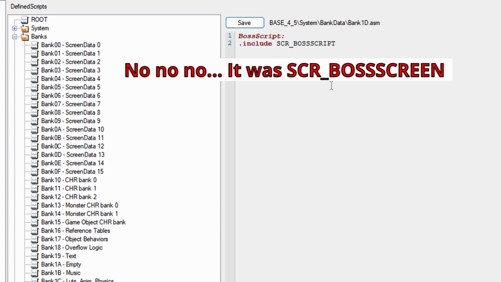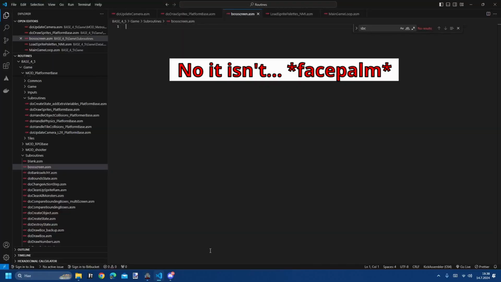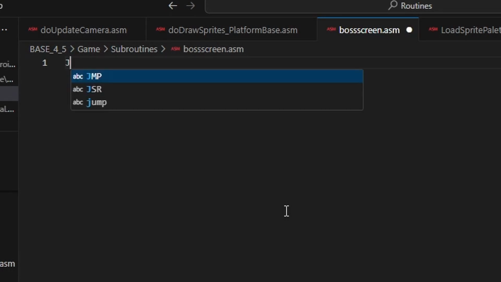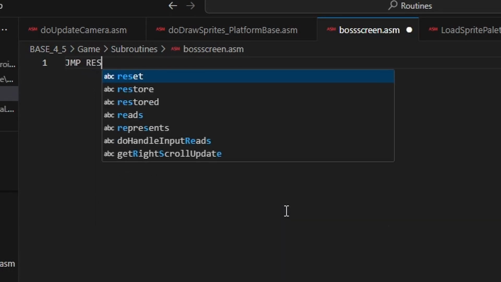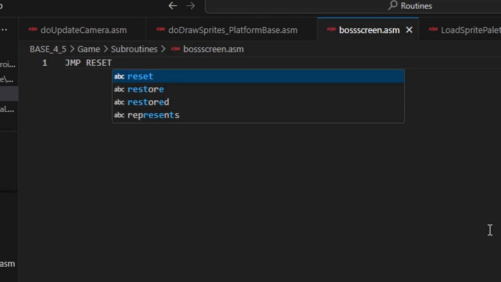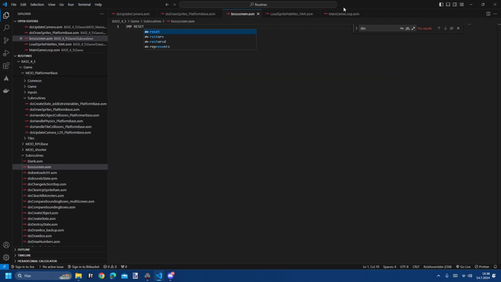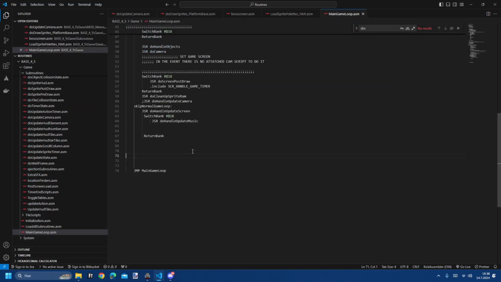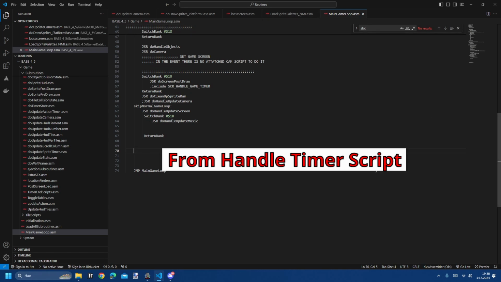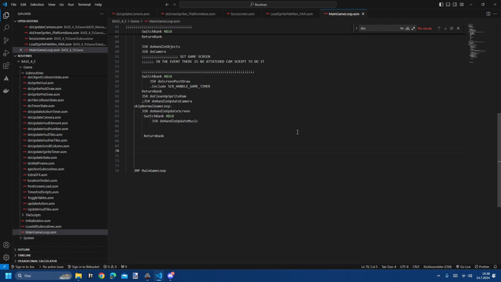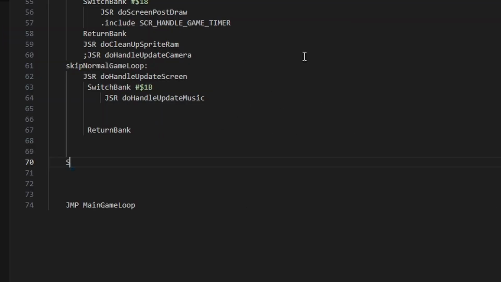Alright, now it is in bank 1D. So maybe we could try that if it will work over here. And so we have to call it from somewhere. There's maybe the main game loop. Usually I call the scripts from some kind of timer, any kind of script that runs periodically every frame. It's okay for this. So we have to switch bank to